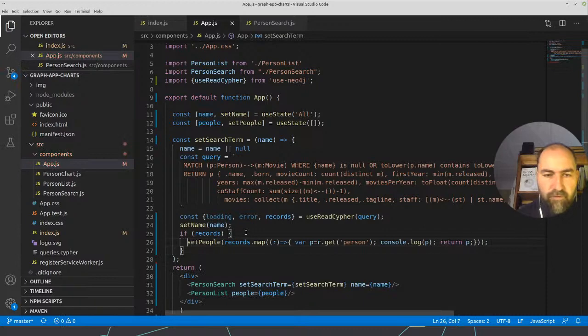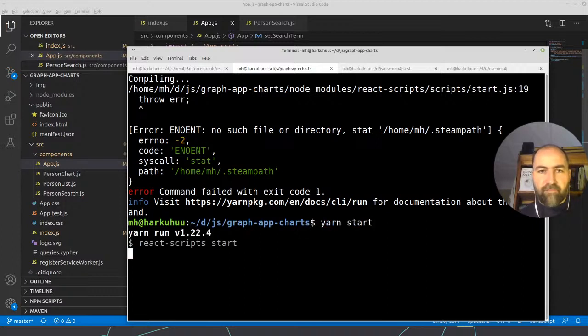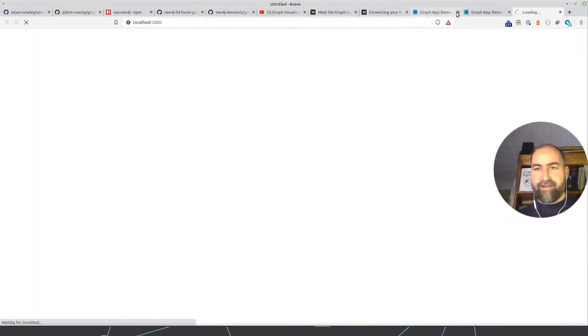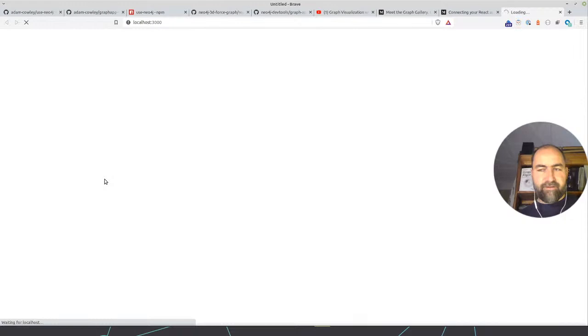So let's just make. Actually, I don't know if this works. So this is not really helpful, it's just dying on me. Come on, you can do it. So Adam says he would use lazy read cipher. Lazy read allows you to defer running a query after you click the button, for example. Okay, that's something that we then need to do. I can use read cipher outside of the set search term button.